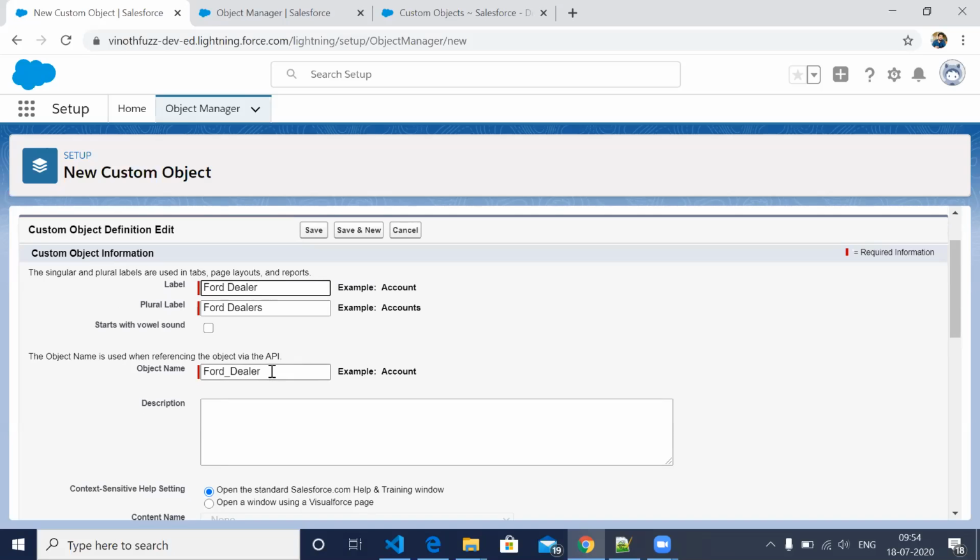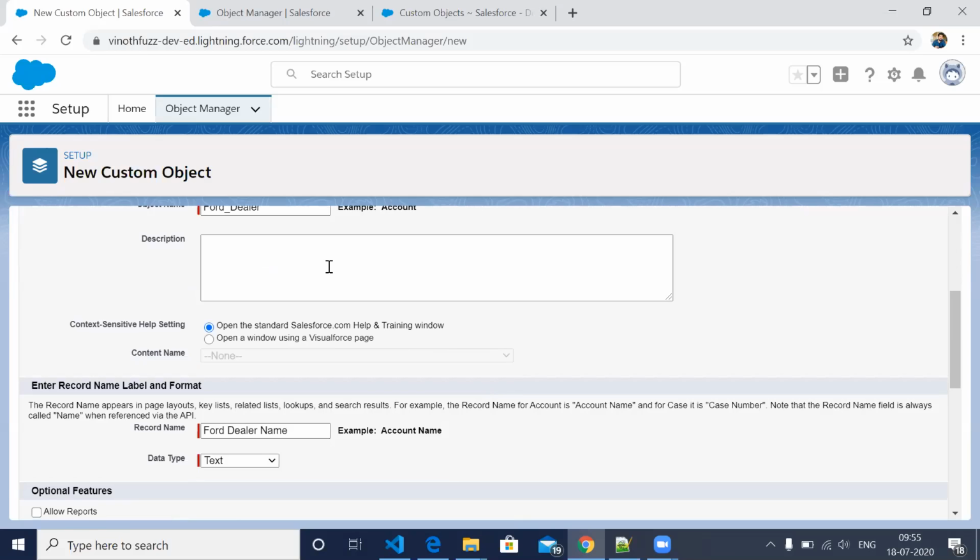This is the database name, the API name. At the database level, in the backend, we have to use this name only. In the front end, in display and everything, it will display the label.